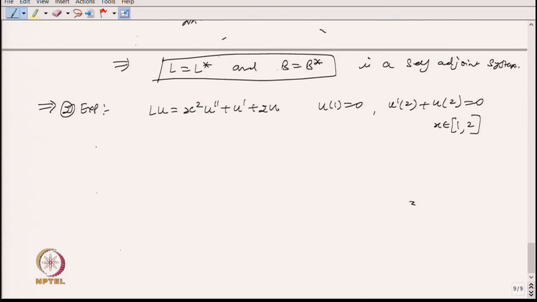Now, what I want is that there is a function, I choose v, and then I take the inner product of this one. So, this one will be from 1 to 2 v, and then x square u double dash plus u dash plus 2u